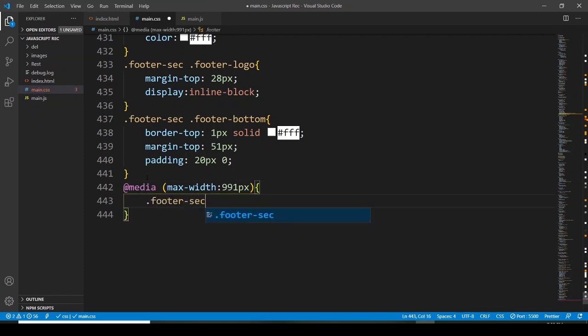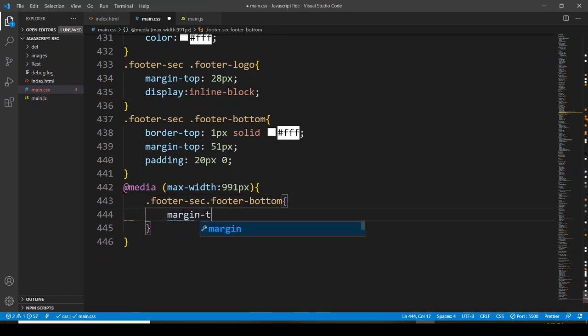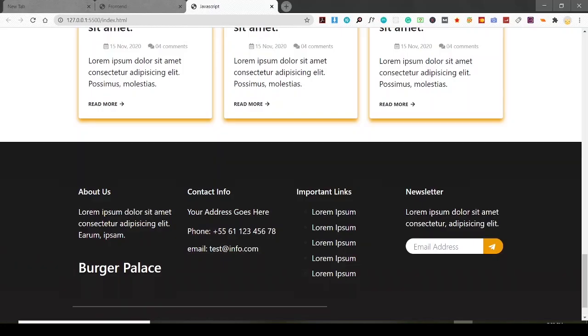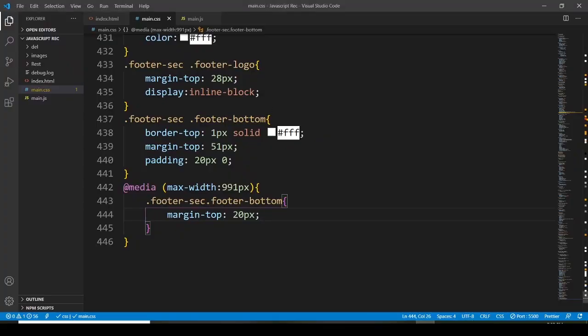And the footer section is going to have a footer bottom where margin top is going to be 20 pixels. Let's see. Okay, for